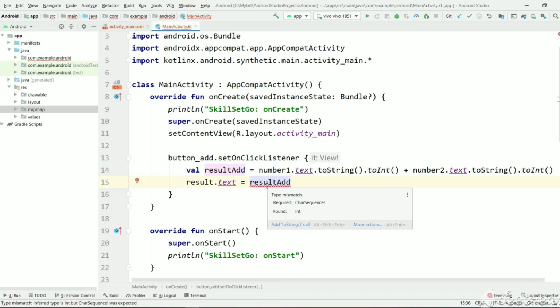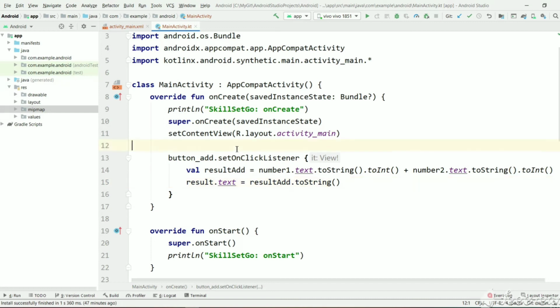Let's see the error. It says CharSequence required, found Int, and let's change this to string. And now let's execute and see the result.